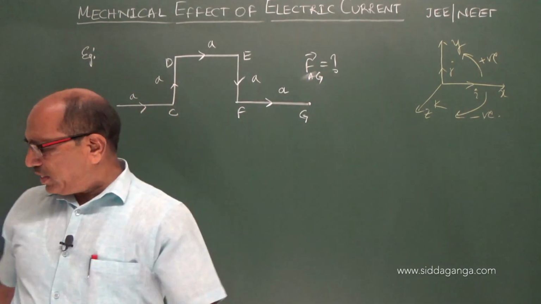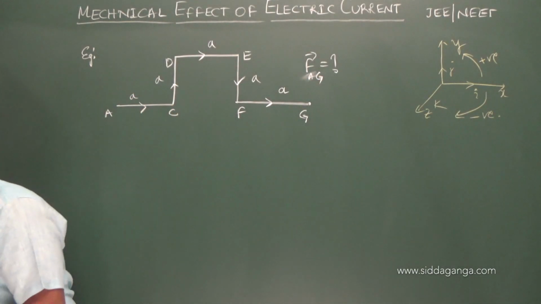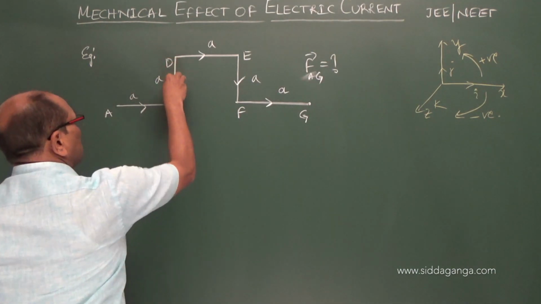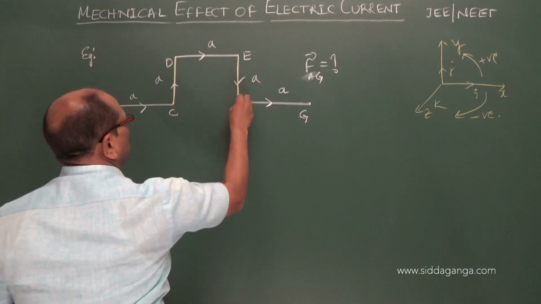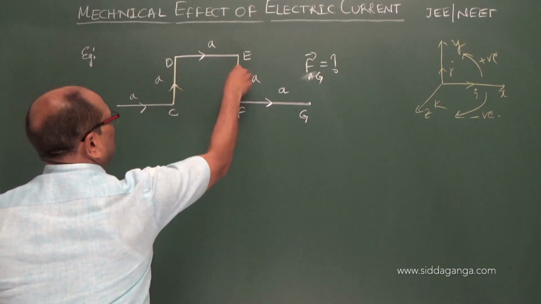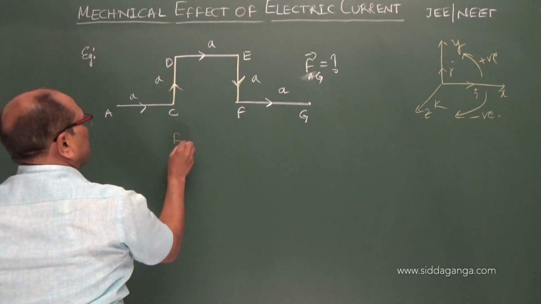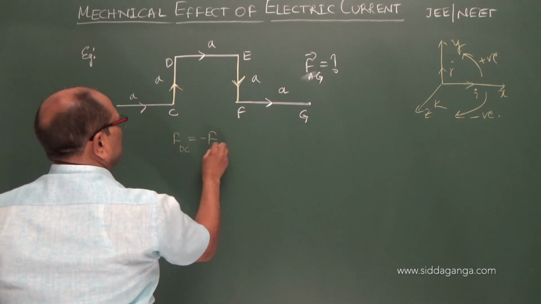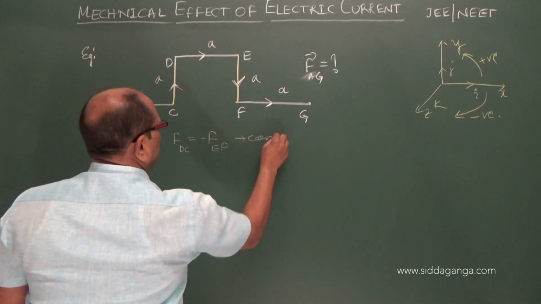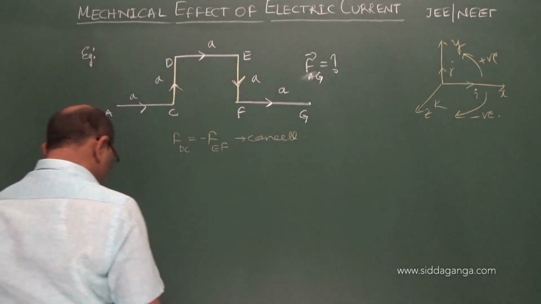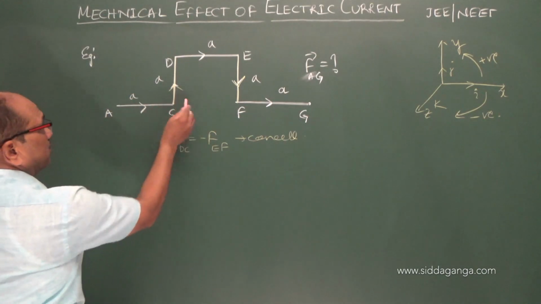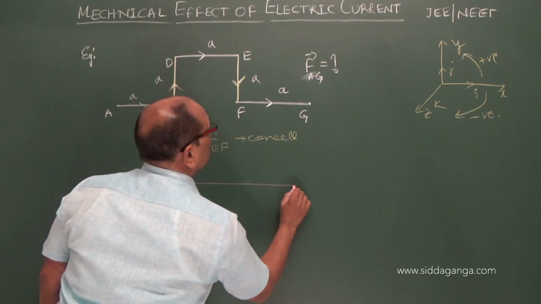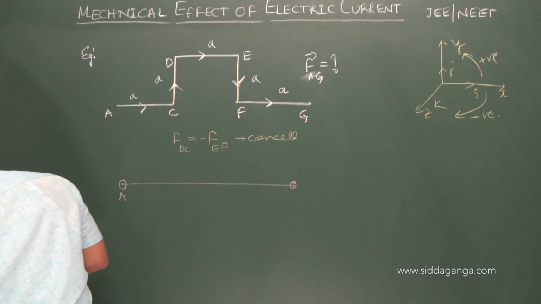From the previous example, as we discussed in the previous unit, you come to know the force on this portion and the force on this portion are equal and opposite because the currents are reversed, everything else is the same. I can write force DC equal to minus force EF, they cancel each other. But the entire system can be treated as from A, if I take this wire up to B, the magnetic field placed is out of the board.